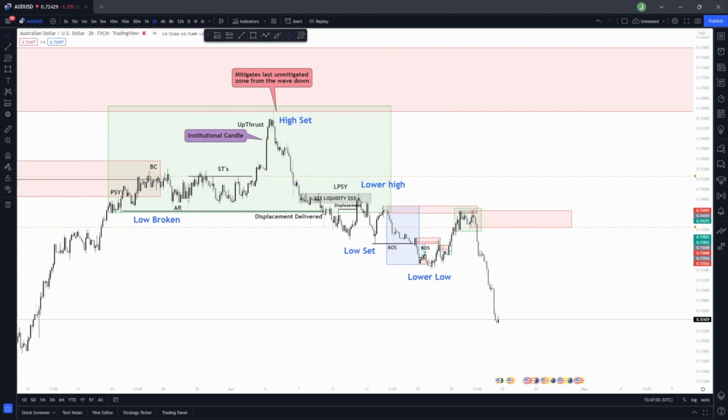Now this week I'm going to be starting off on the AUD to US dollar currency pair. As you see on the screen, through the blue text, so I always use blue text when I'm talking about structure, we're looking at a current downtrend, some current bearish structure from this point in the market where we set a high. We have been trading down since then, breaking the lows, setting lower lows and then setting lower highs from the retracement. So as we move forward, I am expecting price to continue doing this because in the